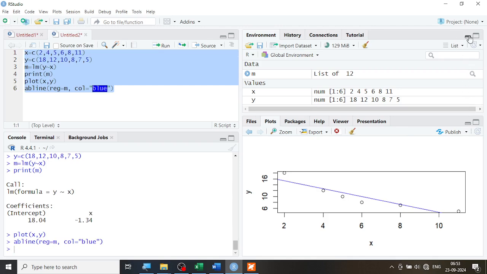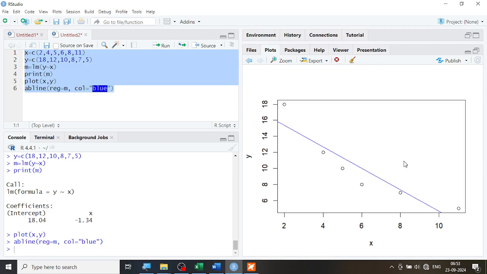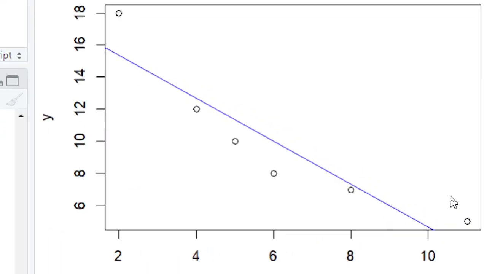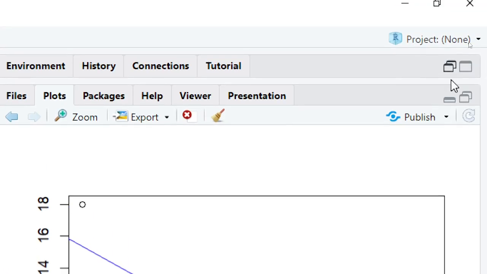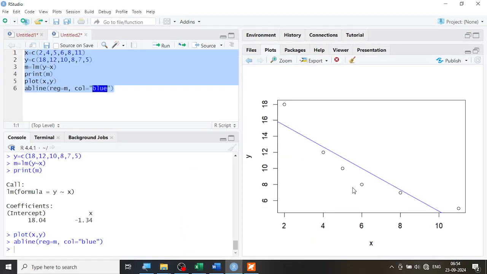Let me just make it slightly bigger so that you can see it. You can notice over here you have this minimize, maximize, you know very well the Windows stories. So this story will be there. So this is what you have the line. Now the question is what will be the value of